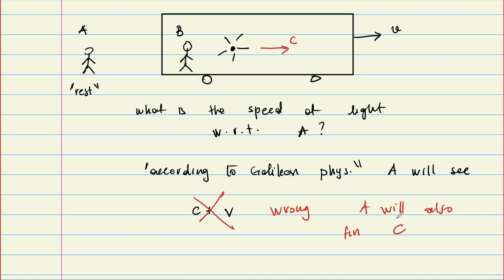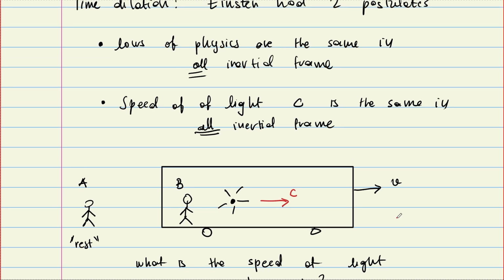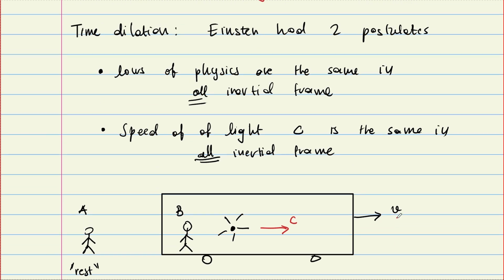But now let's see what the consequence is. If I assume these two postulates, that laws of physics are the same in all inertial frames, and the speed of light is c in all inertial frames, let's see what this will give us. Good. Any questions? Yes. John, what was the purpose of publishing and postulating the first postulate, and